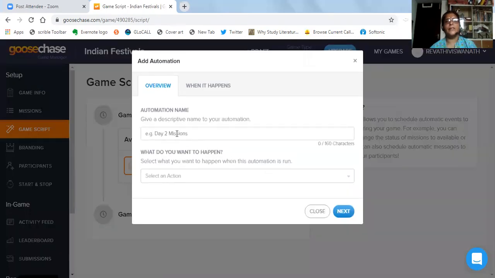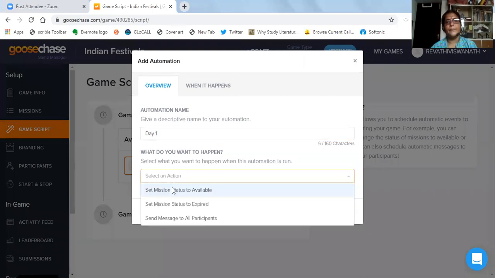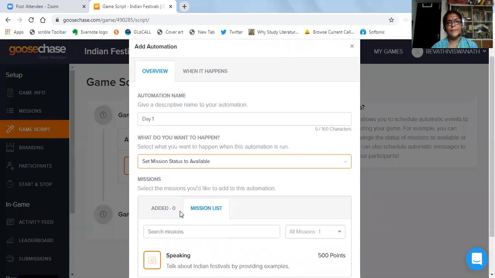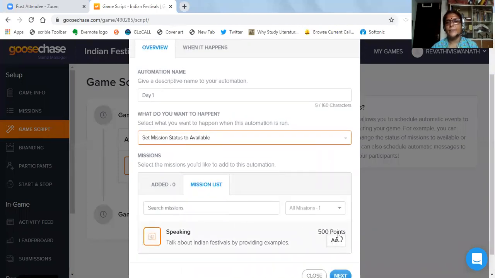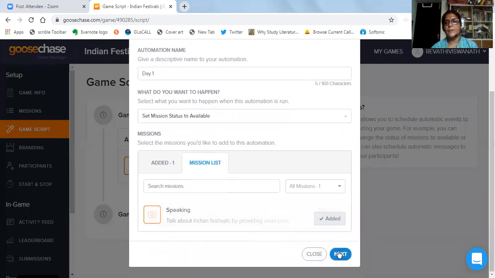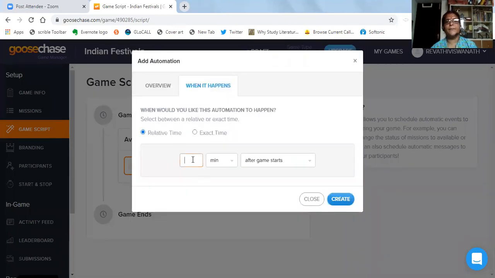You have to add the automation. You click next, and you have to provide the time that they have to take for giving their talk.